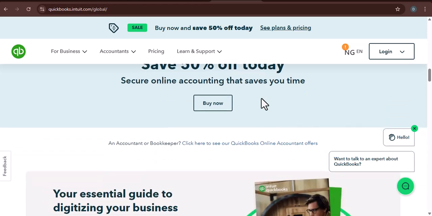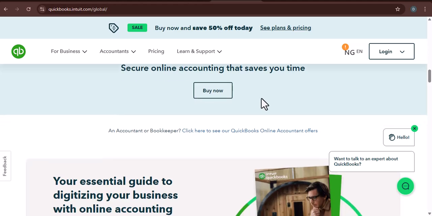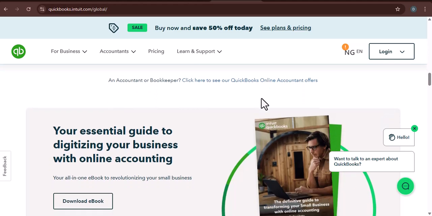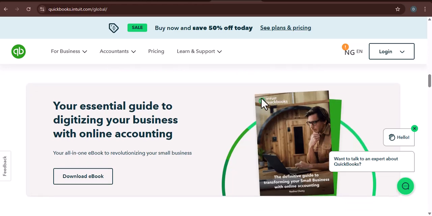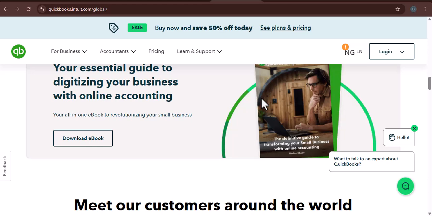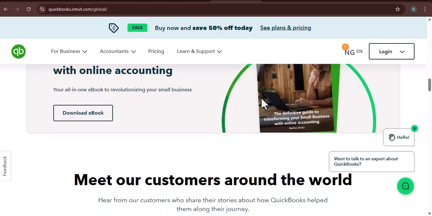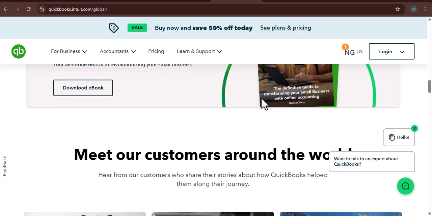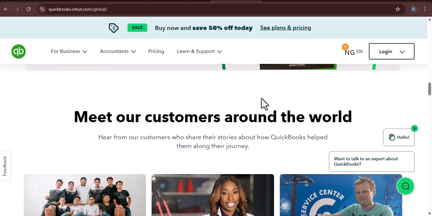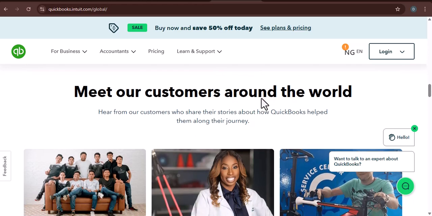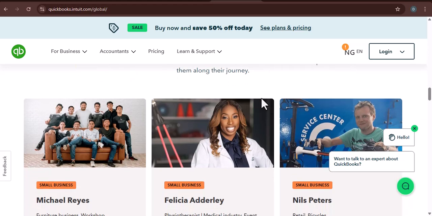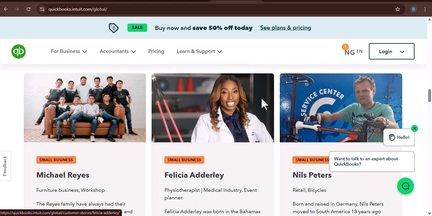Now, let's address the question of adding an accountant. As mentioned, they do not count against your user limits. You can invite your accountant to access your QuickBooks Online account, giving them the ability to review your books, make adjustments, and provide expert advice. This is a game changer for many small businesses, as it allows you to get professional help without adding another full-access user. One common question that pops up is, can I have multiple companies under one QuickBooks Online account? The answer is no. Each company file requires its own subscription. This helps keep data separated and organized, which is crucial for accurate